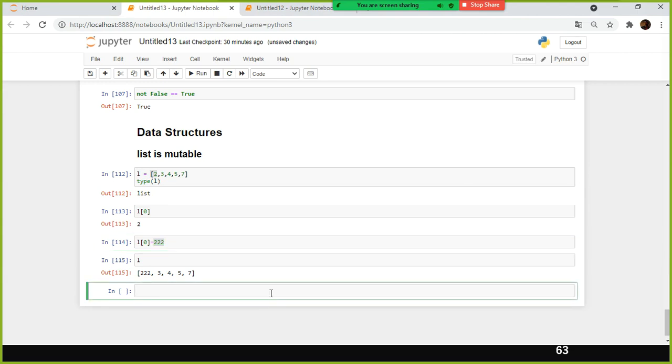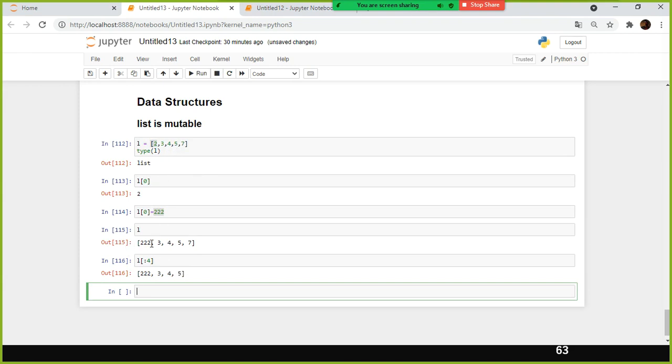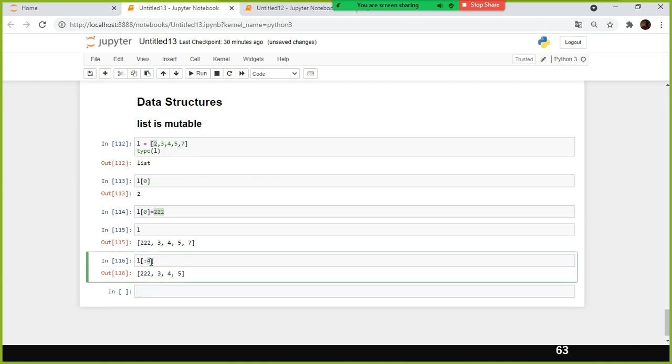Now everything is possible. You can select a range of values. For example, L of square bracket colon 4: start from the first value, 222, up to 4, that is 0, 1, 2, 3, except 4. The end value minus 1. If you specify 4, you need to subtract 1 from that.